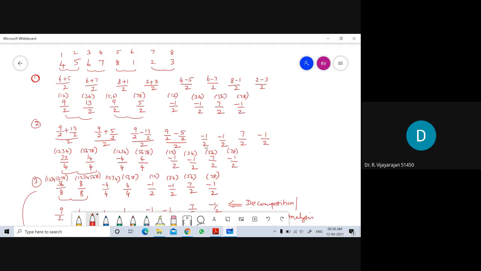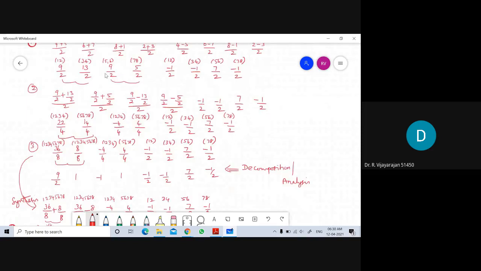So the first step is done. Then with respect to the approximate coefficients, we need to decompose further. That is what wavelet decomposition is all about. So we go for the combination of 1, 2, 3, 4 and take the average of those values. Then find the average between 5, 6 and 7, 8. Once it is done, you write the detailed coefficients as such. So we get 22 by 4, 14 by 4, and detailed coefficients minus 4 by 4, 4 by 4.